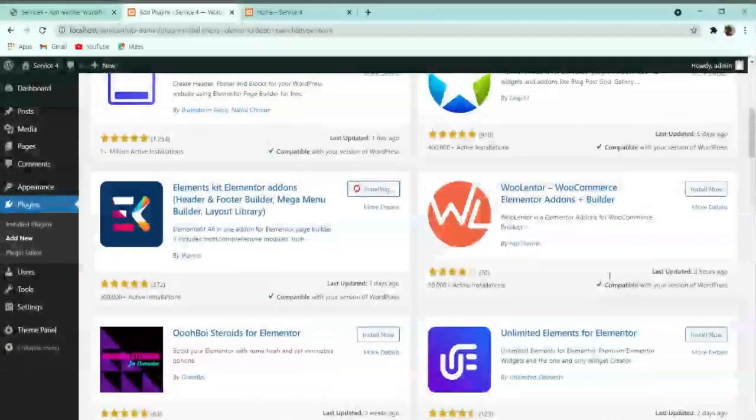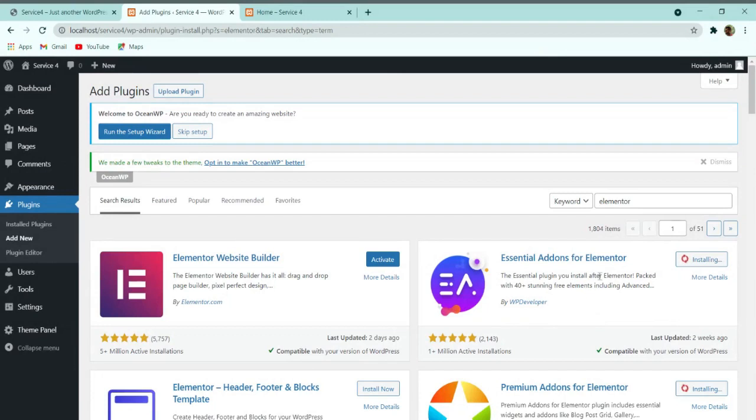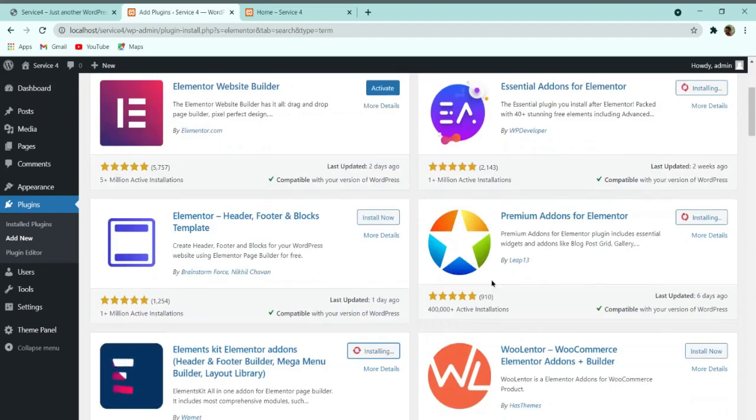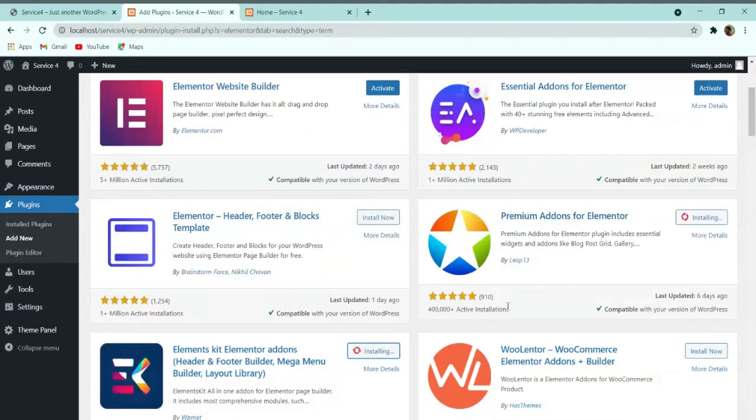So these are the four plugins which we have to install so that we can design our website. Basically, you can see that we will not click the activate button here. We will activate all the plugins at a single time, so that we can save some time. So now let's wait for the other two plugins to install. After that, one more plugin we have to install, that is for the contact form. Let's wait, only element kits is left. Now you can see that all four plugins were installed.